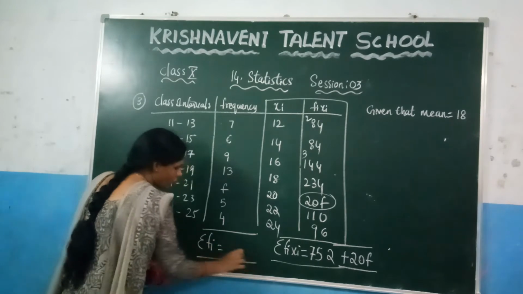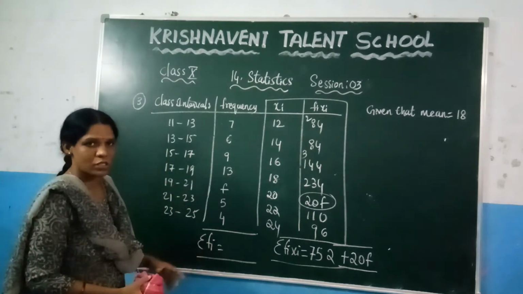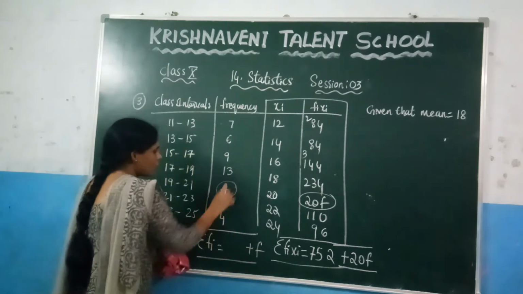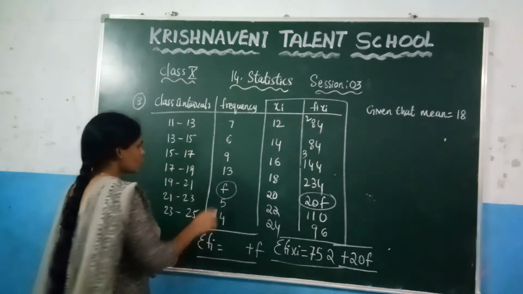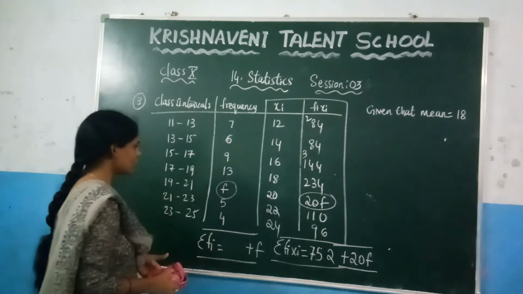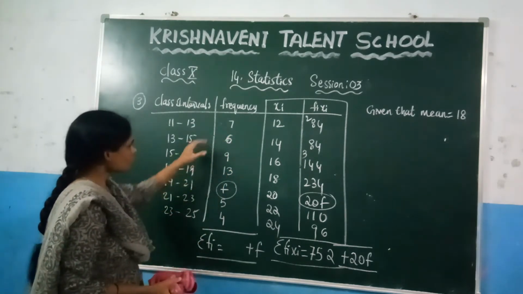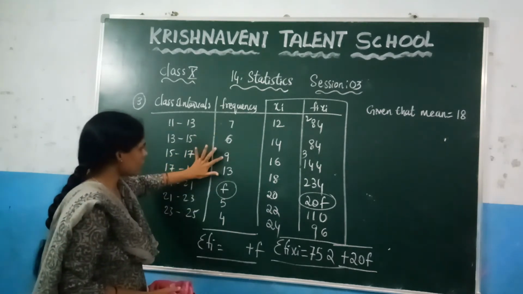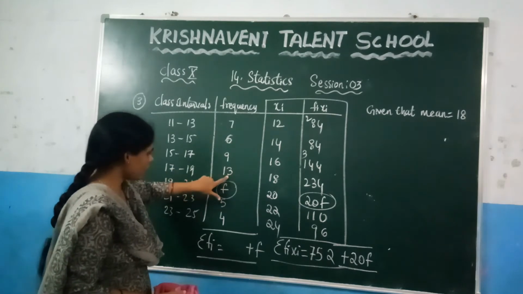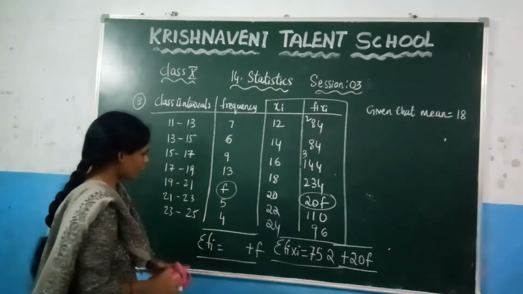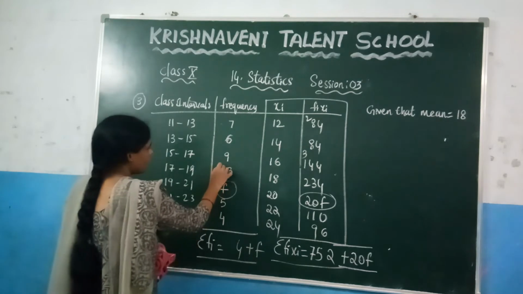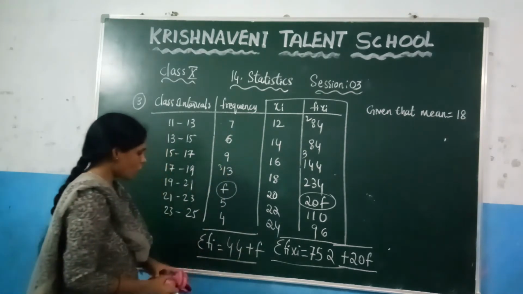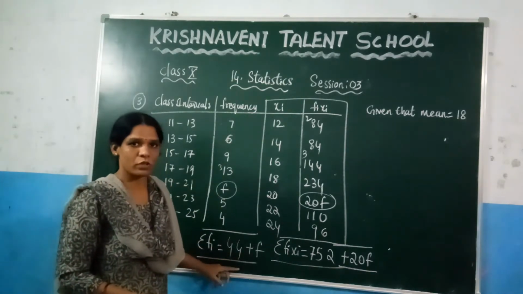What is meant by sigma fi is nothing but the sum of the frequencies. Here also you can observe that f is there, so write f separately, and the remaining numbers you can add. So after adding all these numbers, what you will get here, check it. Now what is the value of 7 plus 6, which is 13, 13 plus 9, 22, 25, 30, 34. So you will get 4 here and 3 here, right? And what is the value of 3 plus 1, which is 4. So after adding all these values, you will get 44 plus f.